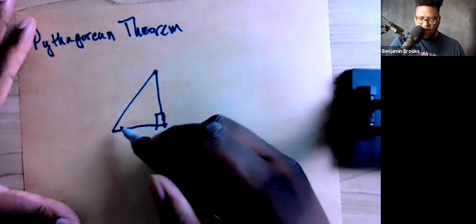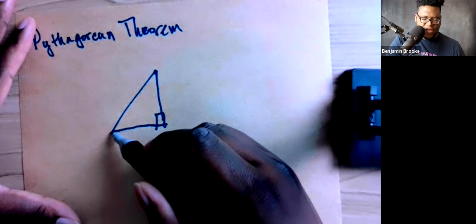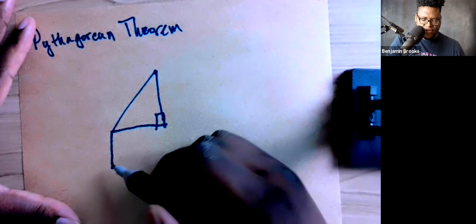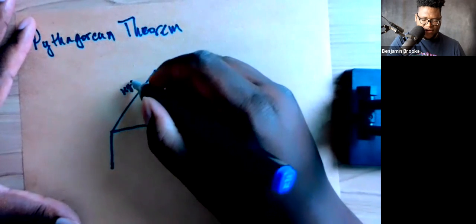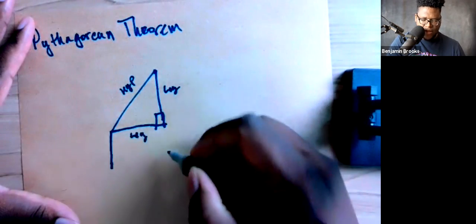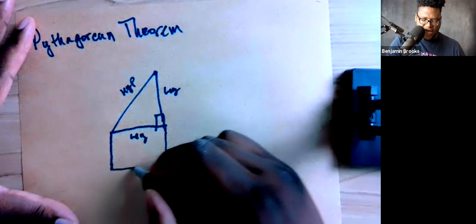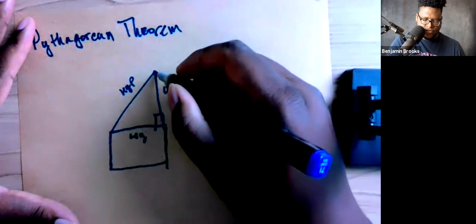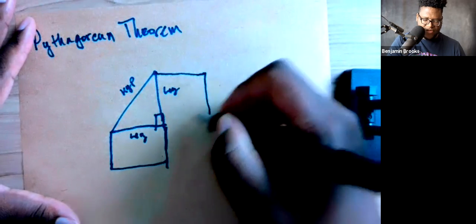Today we're going to be talking about the Pythagorean theorem. And Pythagorean theorem is simply this. If you have a right triangle, if I square these two leg sides, remember this is the hypotenuse, this is a leg, this is a leg. If you square the two leg sides or create squares from the two leg sides,